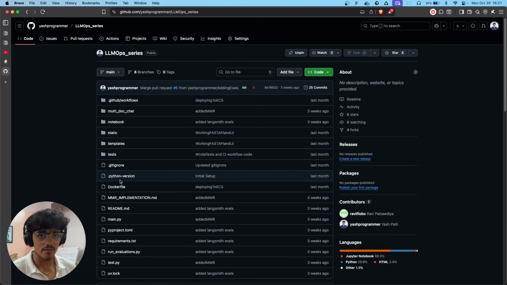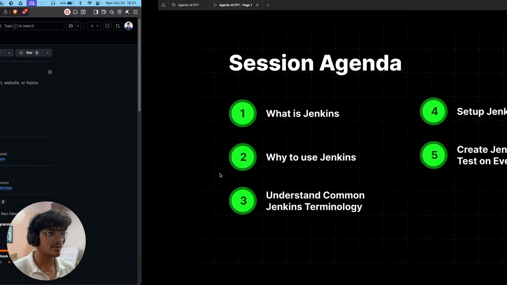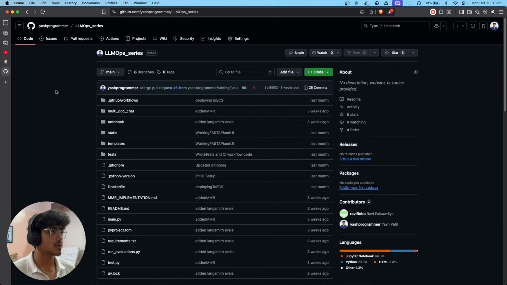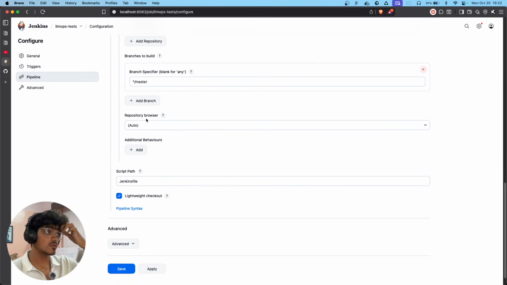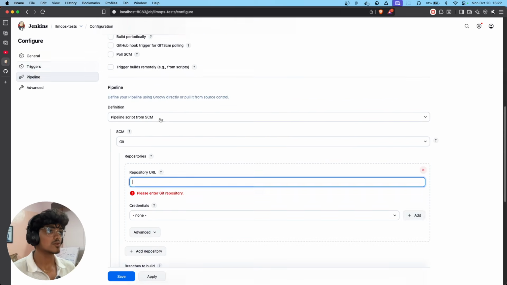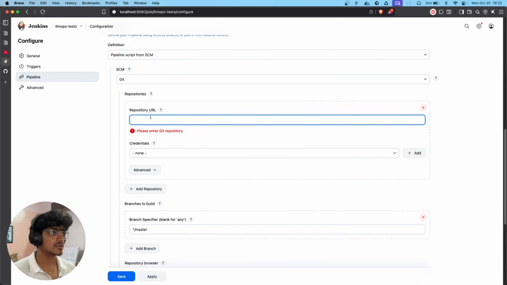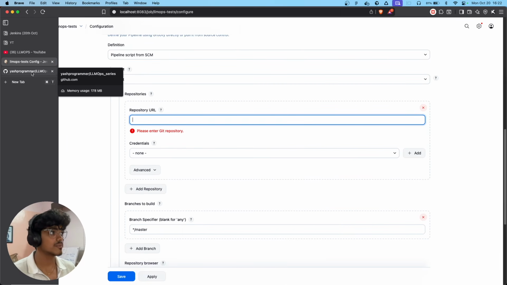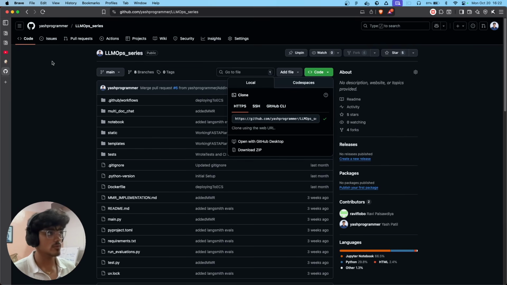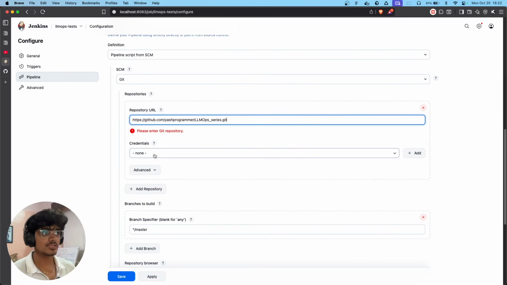Means we have to create that. We don't have the pipeline script yet, but we will create that. Okay, so this is that, and then we have to specify the branch and all here. Let me explain that, and then we'll create it. So our repository URL is going to be this. Okay, this, and credentials. If you have a private repository, then you have to add